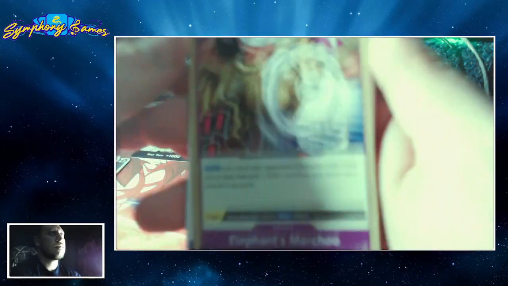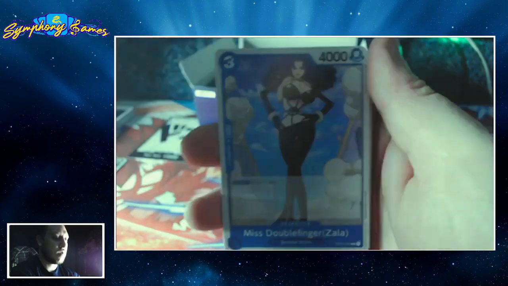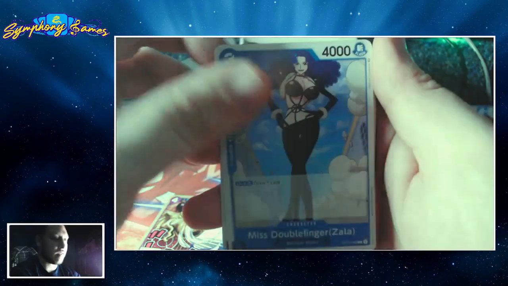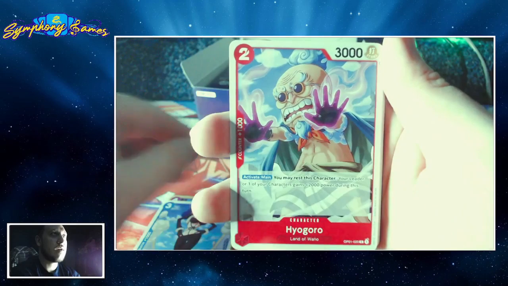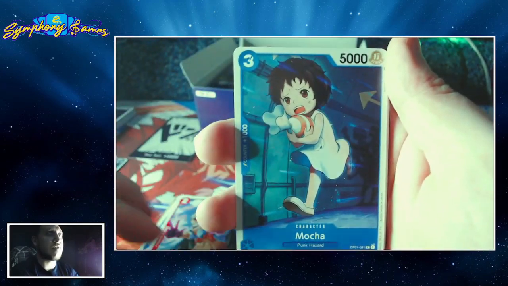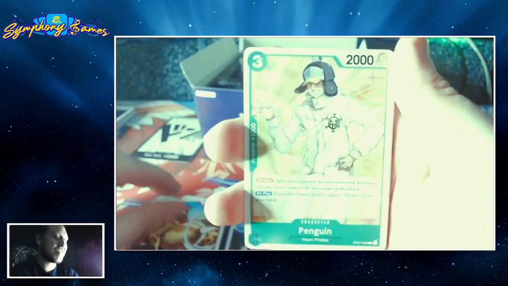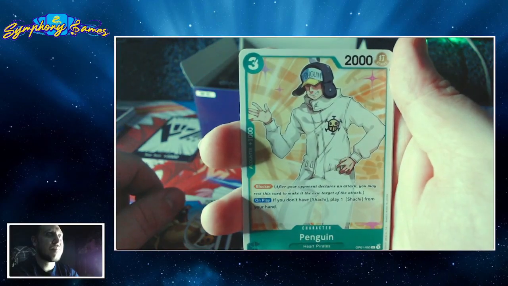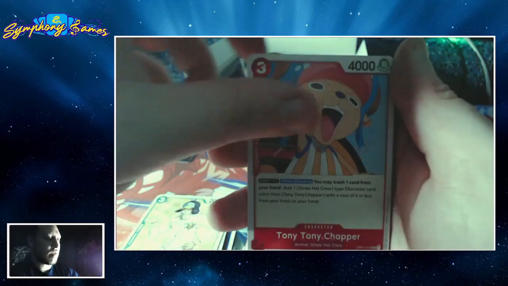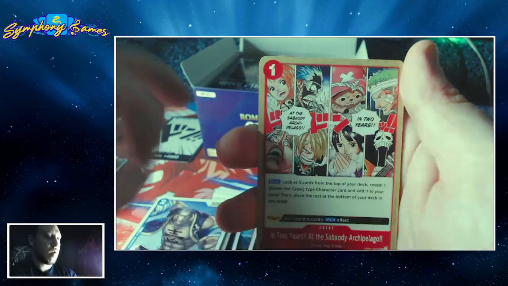Marco... Elephant Marchu event. Miss Double Finger on KO draw card. That doesn't seem that bad. Hyogoro? Some characters just seem very weird. Mocha? Babanuki. Some of the names are so fun. Penguin. You can see he's got penguin on his hat. Blocker. Chopper. Chopper's not bad at all. Mr. 1. So I think we have all of the...